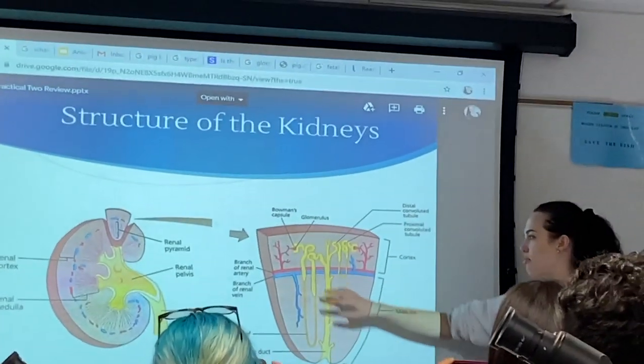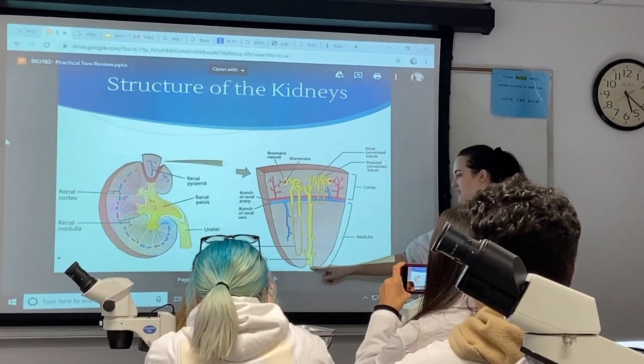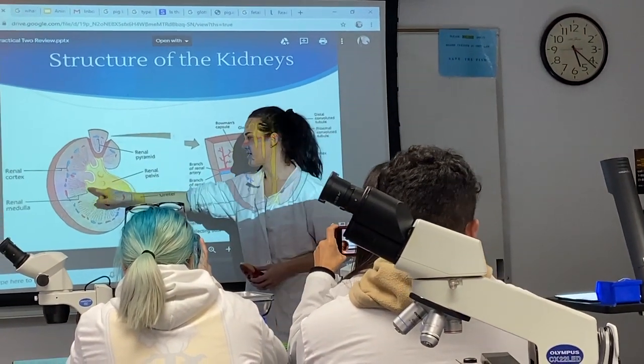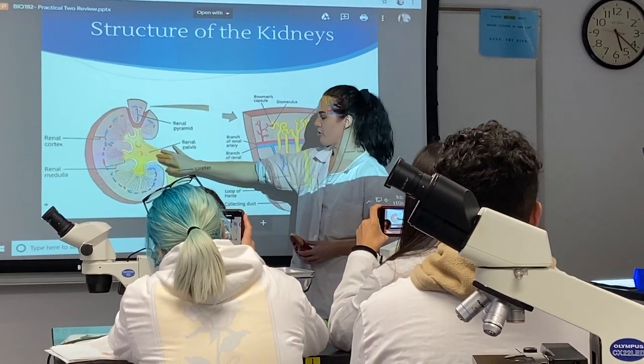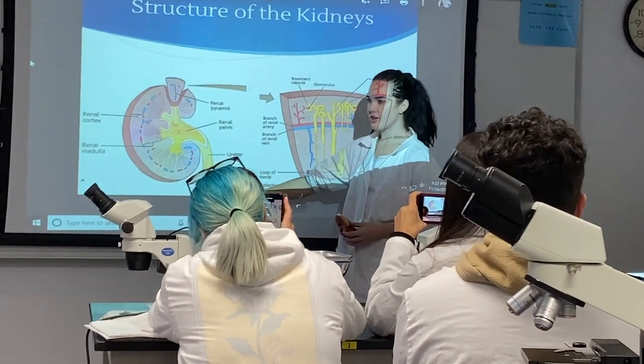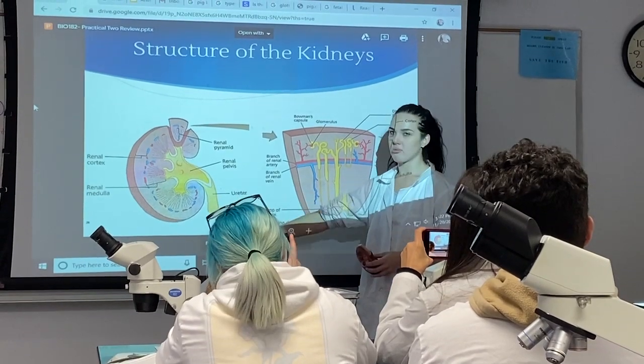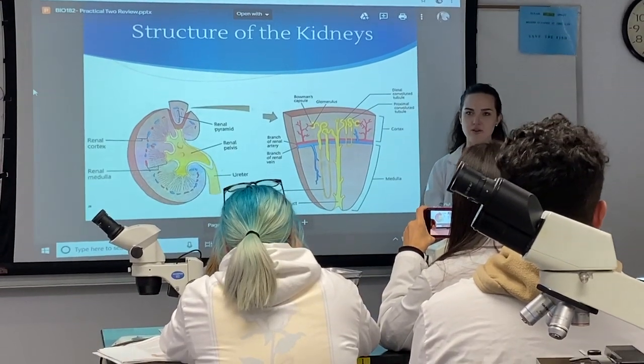And then finally, the final product, which is urine, will go to the collecting duct, which empties out. This is a calyx, so it'll empty out into the calyx. Those come together and make the renal pelvis, and then it goes through the ureters. Like we saw some of those in the fetal pigs, right? And then those go to the bladder. So that's kind of the down low on how